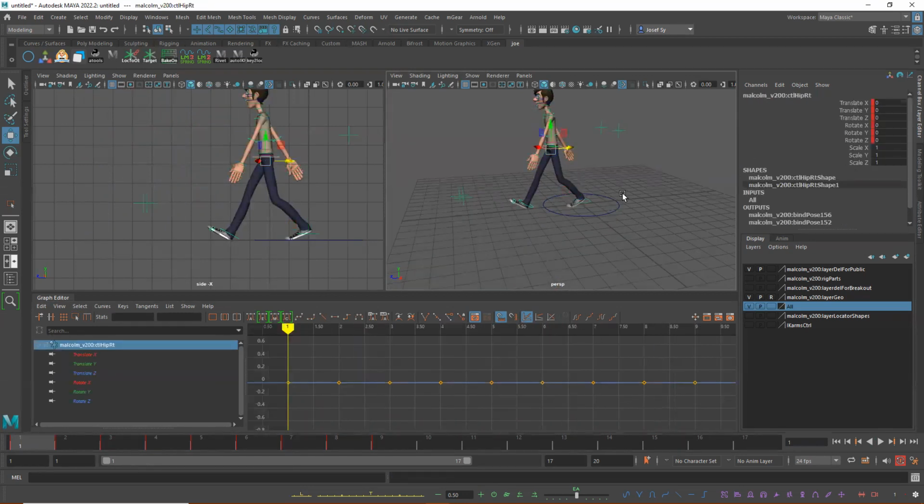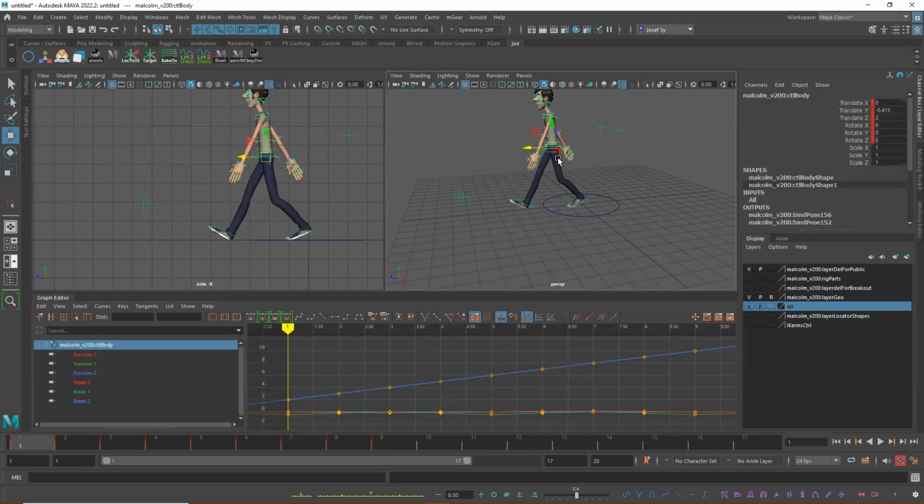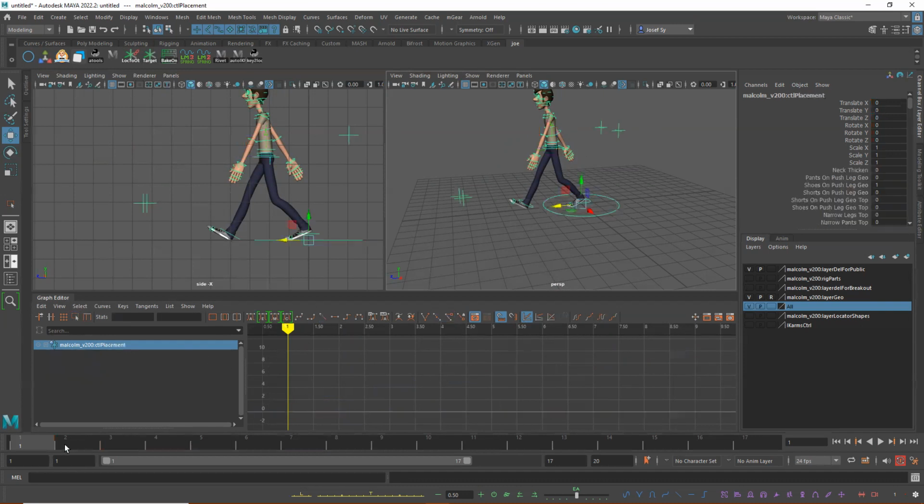If I know what my value, my hips are going, so it's 2 and the last value is 10, so it's 8 units per this amount of frames. So I can take this